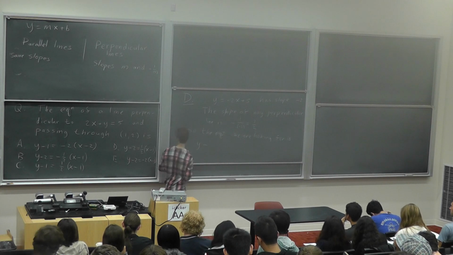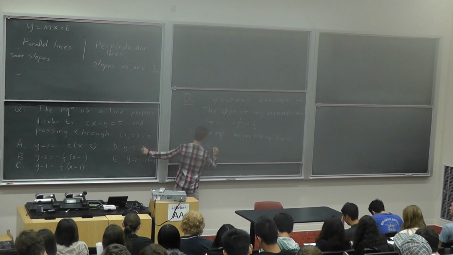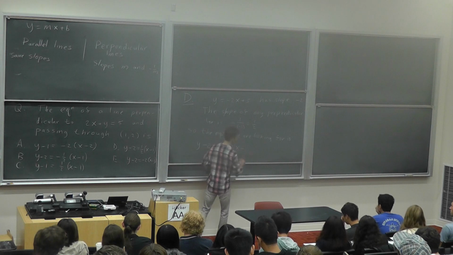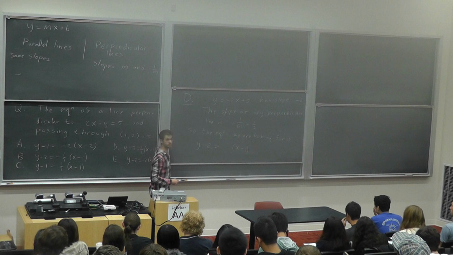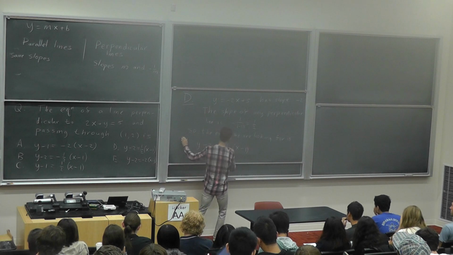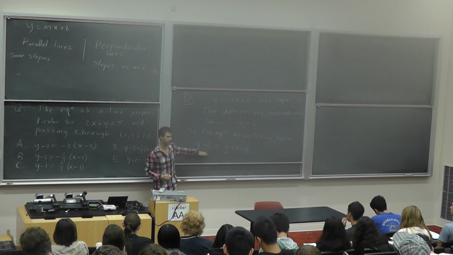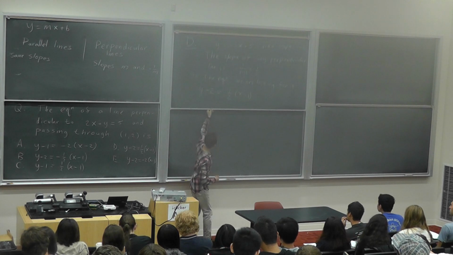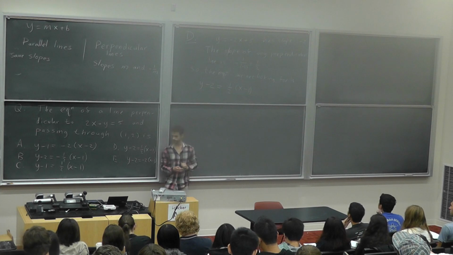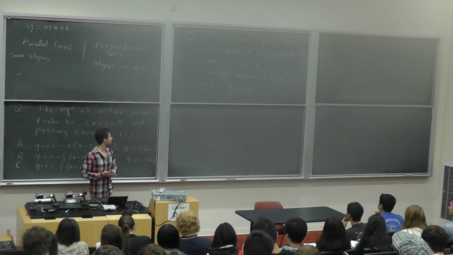So the difference in y values, y minus 2, is proportional to the difference of x values, x minus 1, and the coefficient of proportionality is the slope, 1/2. So the rise is the slope times 1. Alright, so